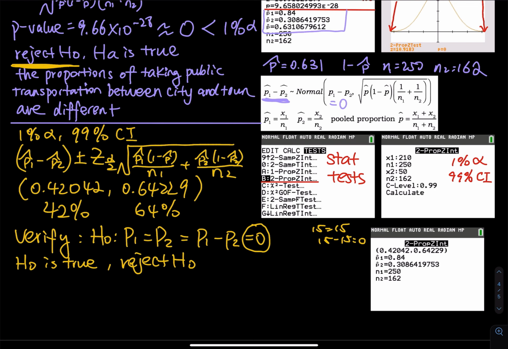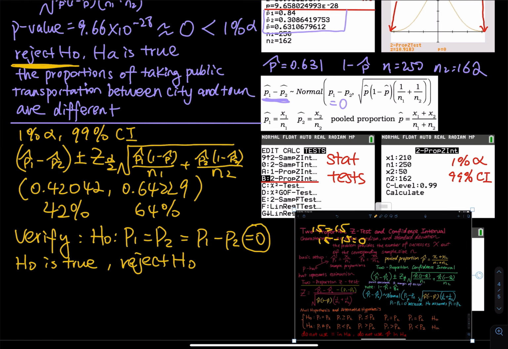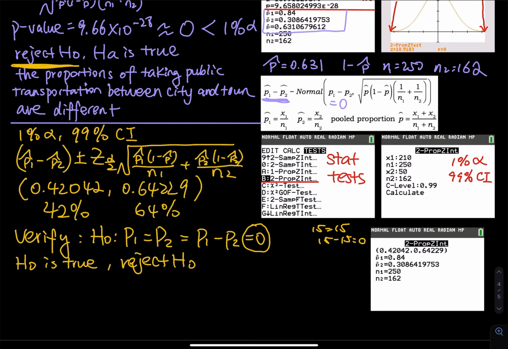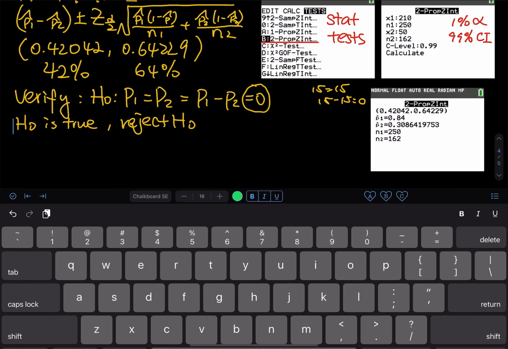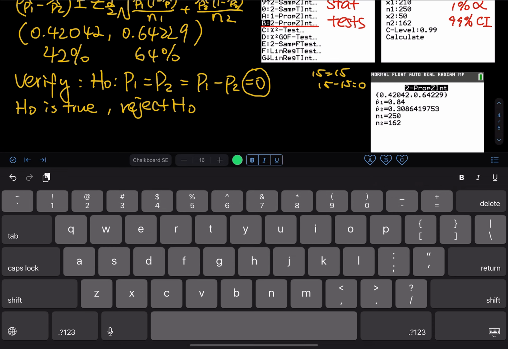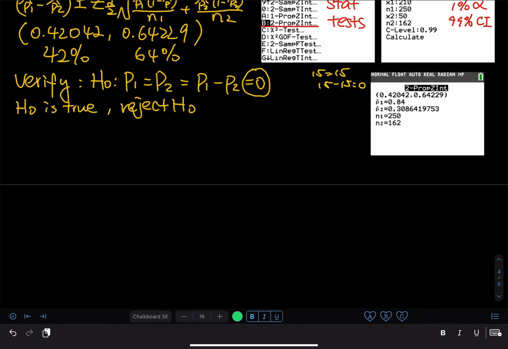All right. And then one other thing that you can do, let me just cut this. This is from the previous problem. One other thing that you can do is you can explain the confidence interval. So what's the language? Let me just type this up for you. Explain the confidence interval, CI. How do you explain? The correct language is we are 99% confident that the difference proportion